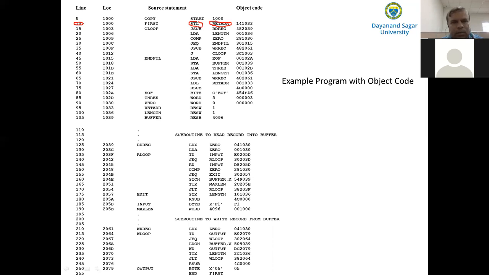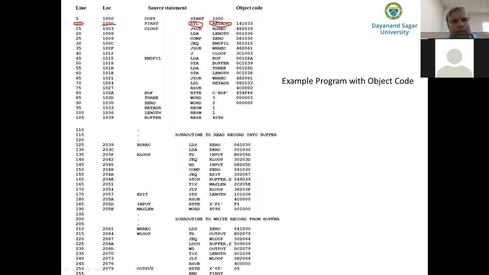As I said, in pass one the assembler assigns machine addresses to all these statements. So what is the address of this instruction STL? STL starts from address 1000, because the program itself starts at address 1000, as the first line is the START assembler directive and we are not generating any machine code for it. So the STL instruction is stored starting from 1000.